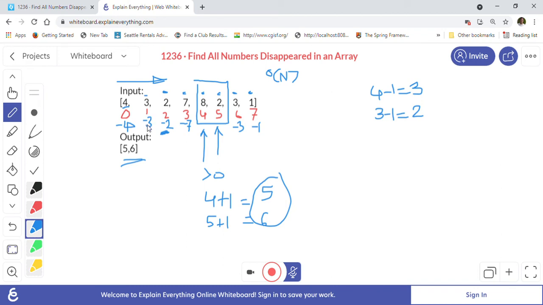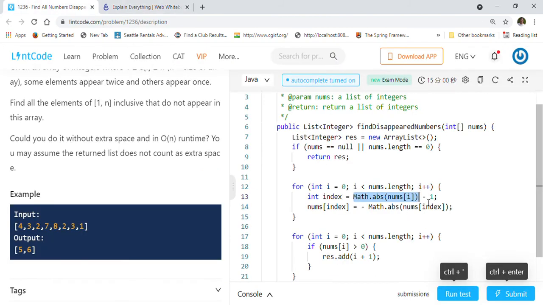So whenever we go to, let's say, 3 position, then it will give us absolute of num, right? So even if it is minus 3, we will get a 3 there basically. And then we are doing minus 1, we get the index, and we are just changing that into negative, right? We are just appending minus sign here to the absolute of nums of index.